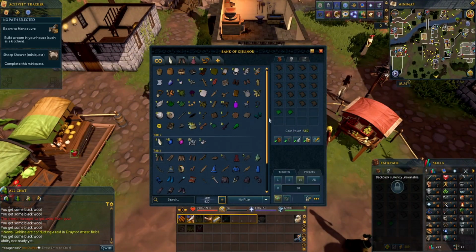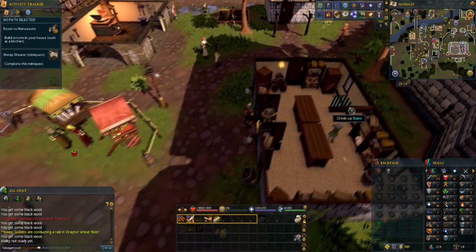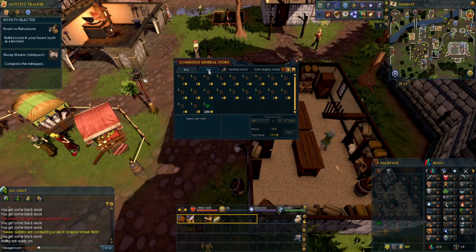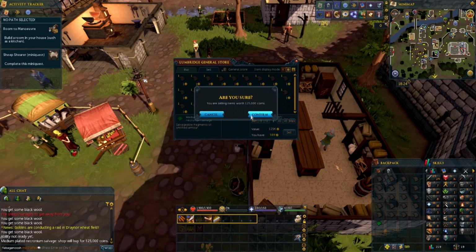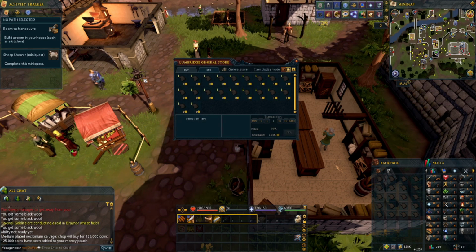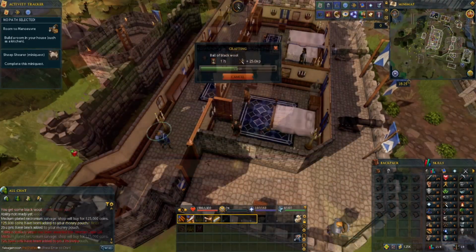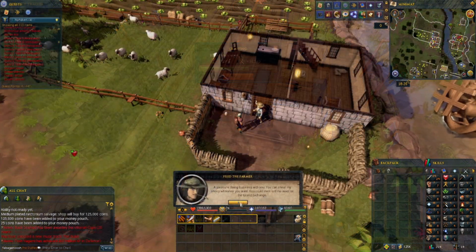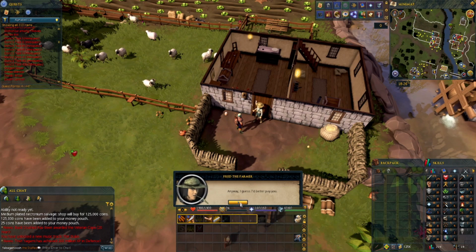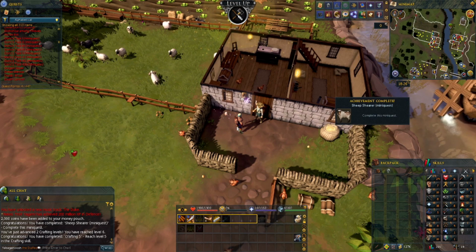So I had to shear up some black wool and go spin that into balls. And whenever I spun them, I actually decided to sell one of the medium pieces for 125k. Now this is less than you get for low alch, but it's still good early game money for us now. So we pocketed the money, spun the balls of wool, gave them back to the farmer, and got some extra little